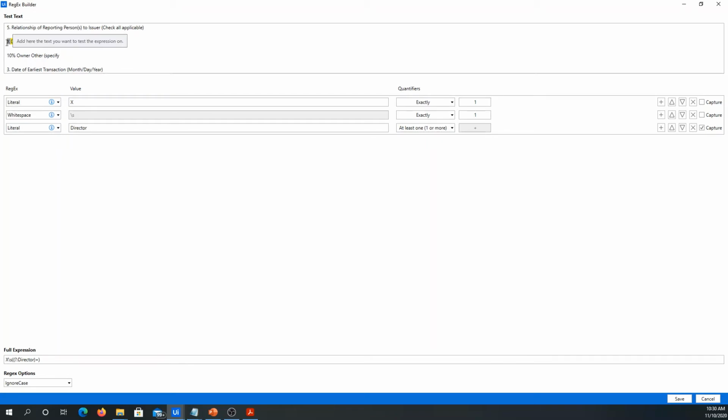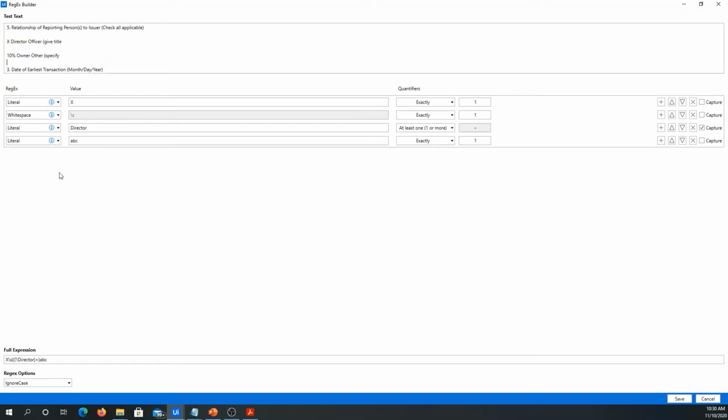So it should be either this one or officer. So we need to add an or condition. Adding an or condition is going over here, selecting advanced and providing this as the or representation in Regex,